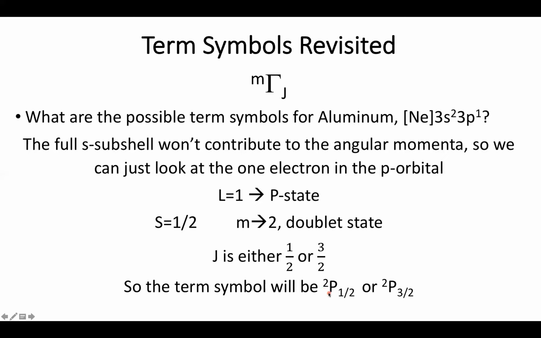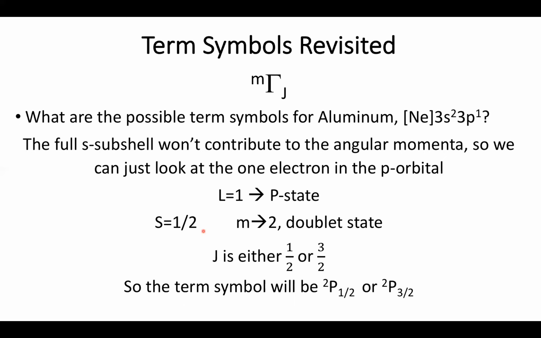A doublet P with a 1/2 total angular momenta, or a doublet P with a 3/2 angular momenta. So we aren't limited to a single term symbol for a given electron configuration. Now, if I'm dealing with a single electron, figuring out how my orbits and spin interact isn't too bad. But as I warned you last time, things get a little bit messy as soon as I put two electrons